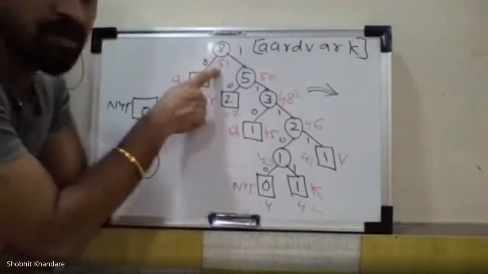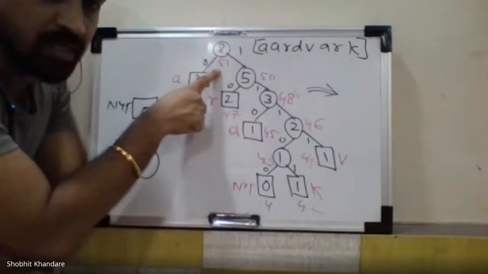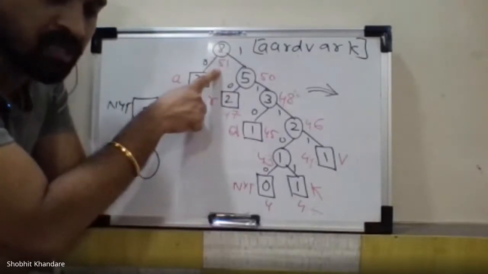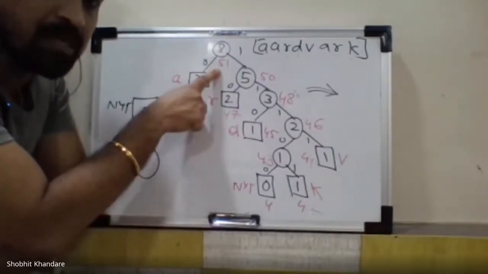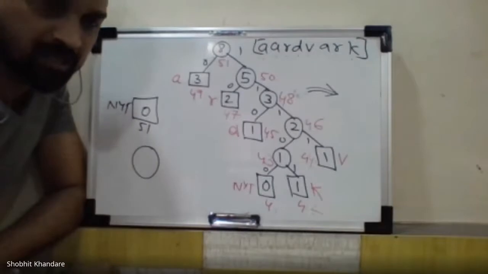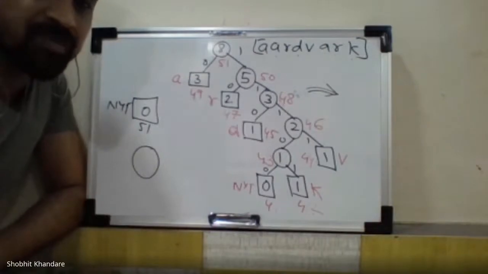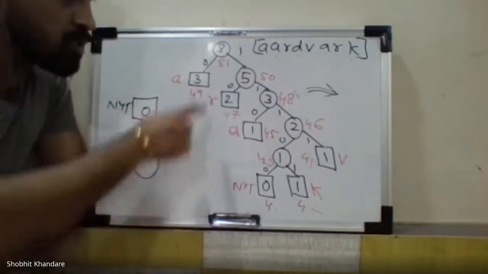Always your root will be having the weight as 51. How do you get this 51? I have told you the initial weight is 51. How do you get this 51? That is 2 into n in bracket minus 1. So what is n? Value of n? N is the total number of alphabets. So total number of alphabets are 26. So 2 into 26 minus 1. So it comes to be 52 minus 1. And the final answer is 51. So always the root, because this is a root.